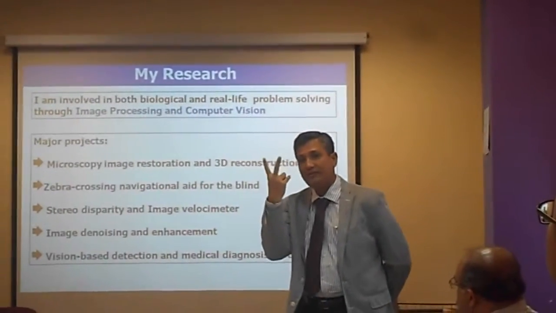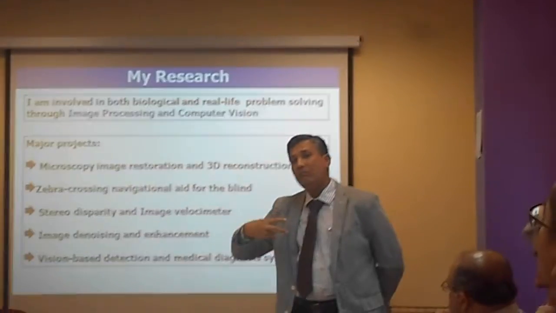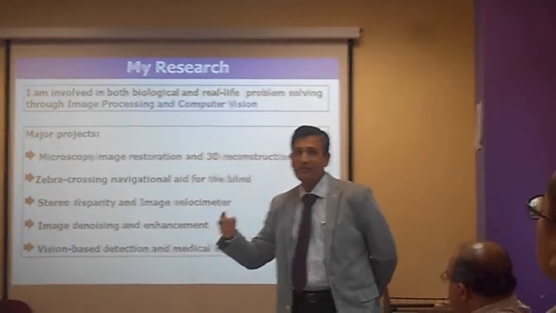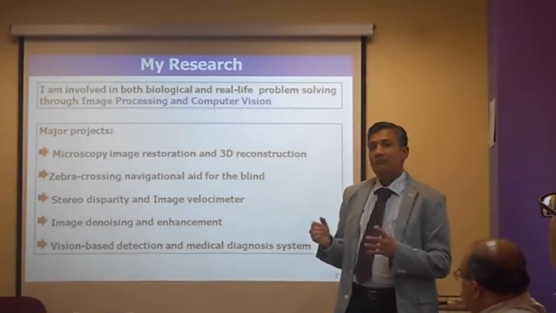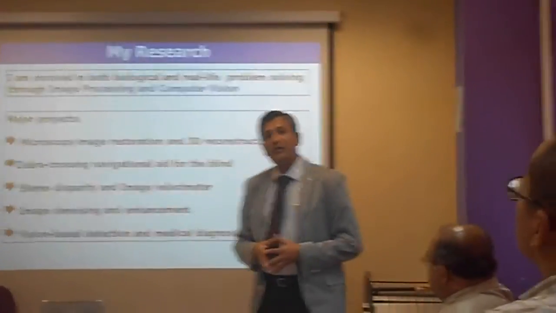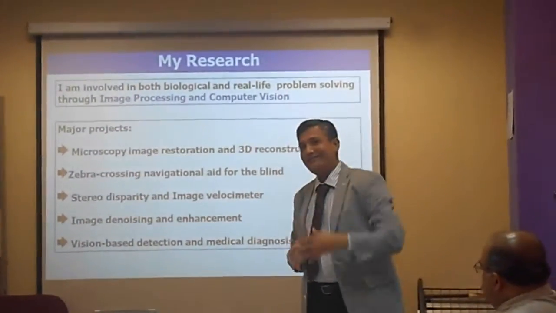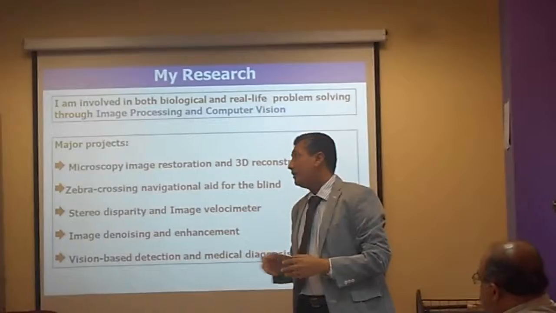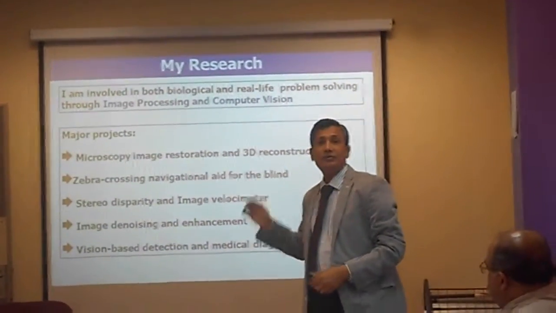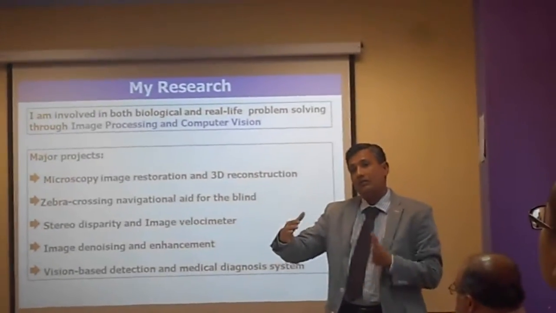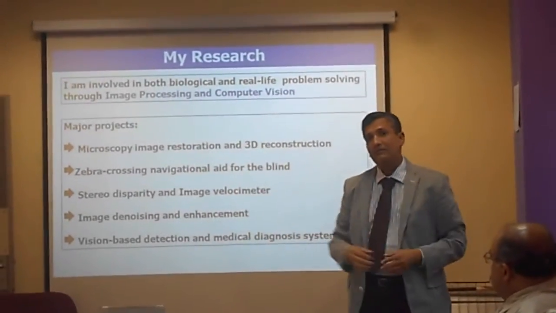And similar to human vision, we use binocular vision. That is, we have two eyes. By using multiple cameras, at least two, we can develop a robotic vehicle, that is, a driverless car. And for this, distance measurement is a very important problem. For distance measurement, I use stereo disparity estimation, which is a clue for three-dimensional depth measurement.